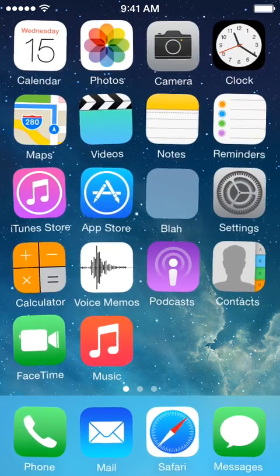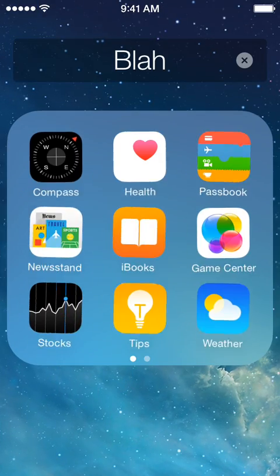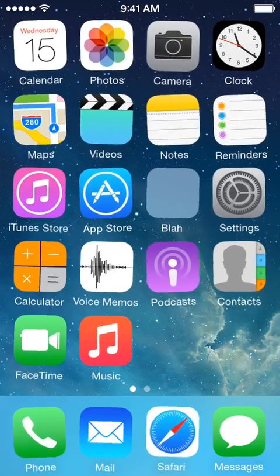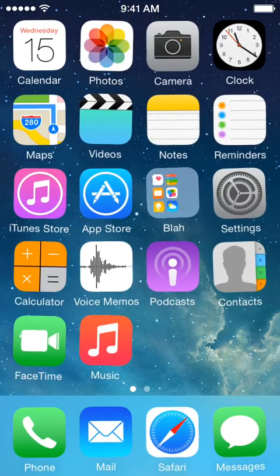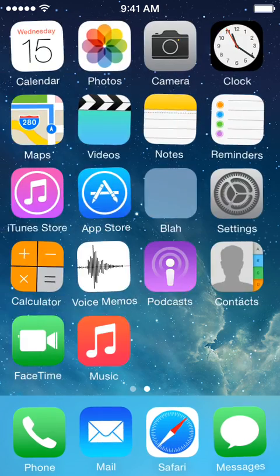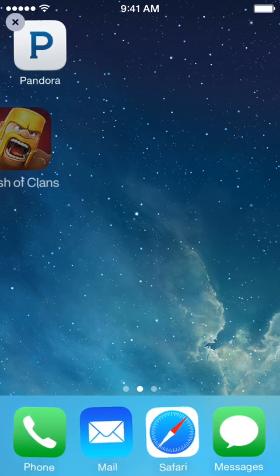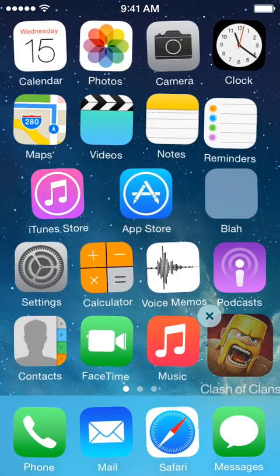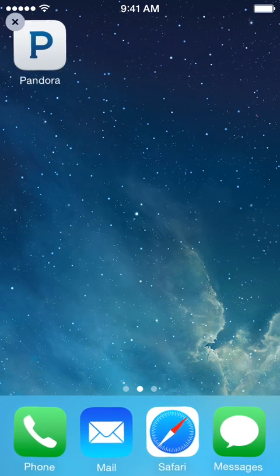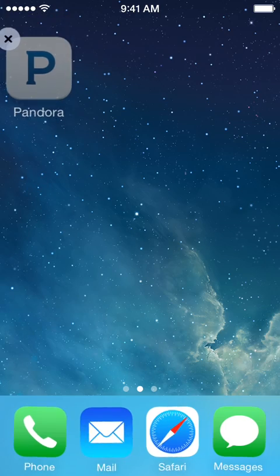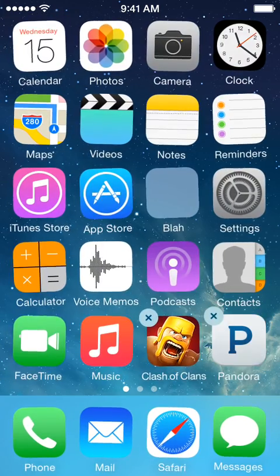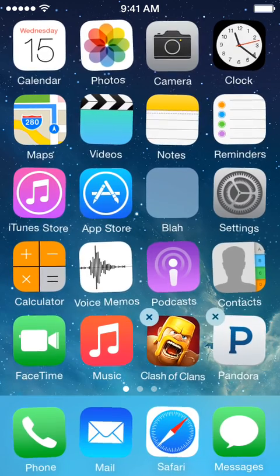All the ones that I rearranged in my previous tutorial, they all come with your phone, and you can't delete them. You can put them in a folder, like I did, but you can't delete them. I know, crazy. Anyway, I'm going to move these by touching and holding and move them over to the edge, and I'm going to put them onto my home screen down here. Come back, grab this one, slide it to the edge, and come over here. And then I'll hit the home button,